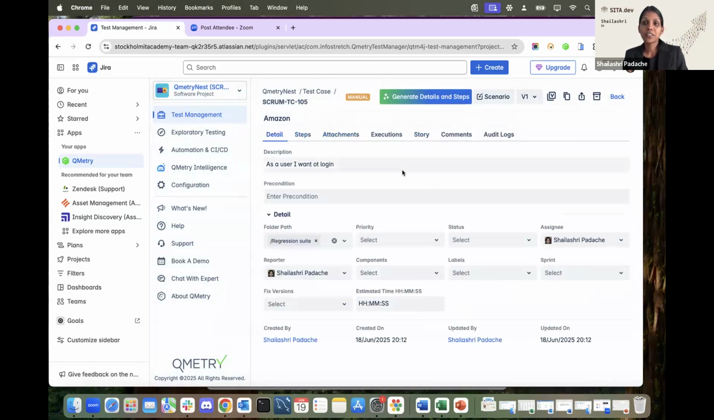So this is all about the test case management tool, that is Qmetry. If you have